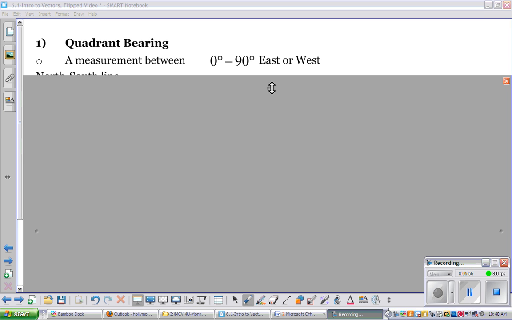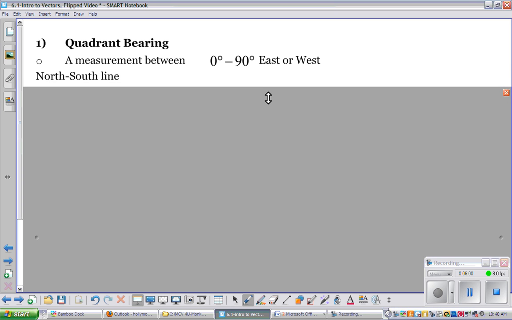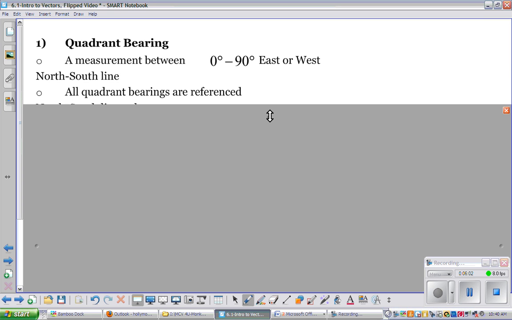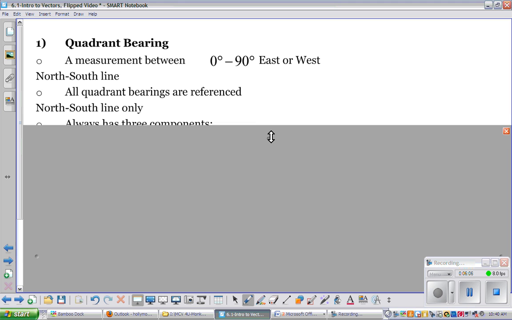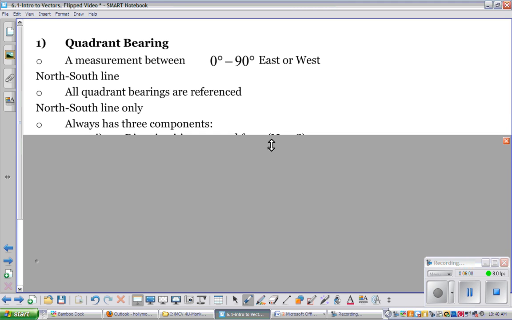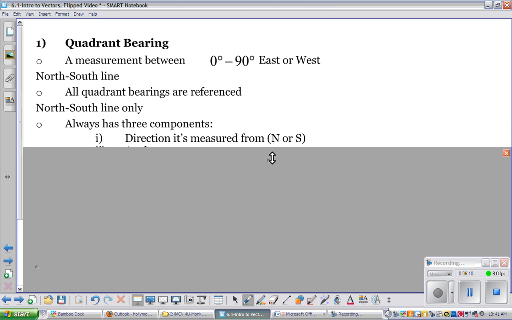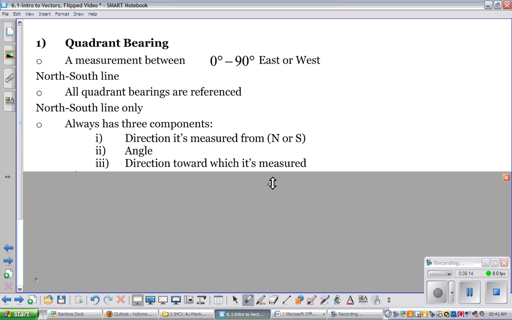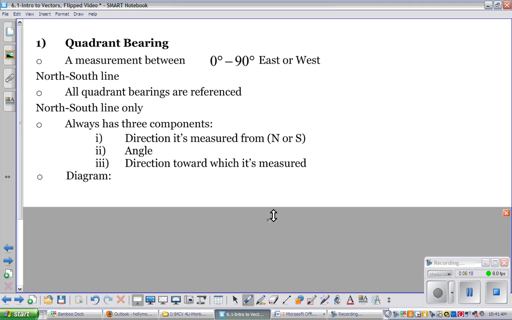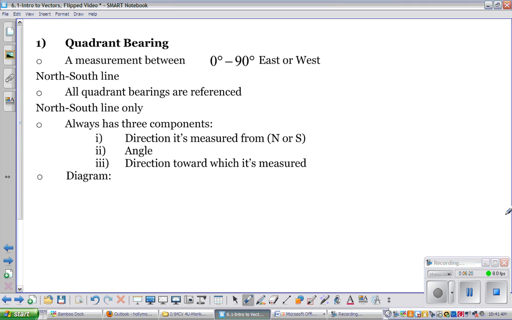So it's between 0 and 90 degrees only, and it's based on the north-south line. So all quadrant bearings are referenced to the north-south line only, and there are always three components. The first component is if it's north or south direction, then it's the angle, and then it's the direction towards which it's going. And so as a diagram, if we look at the angle that we just did on the